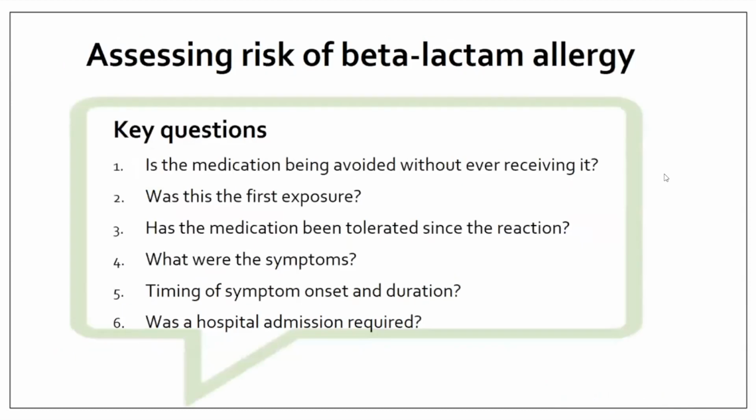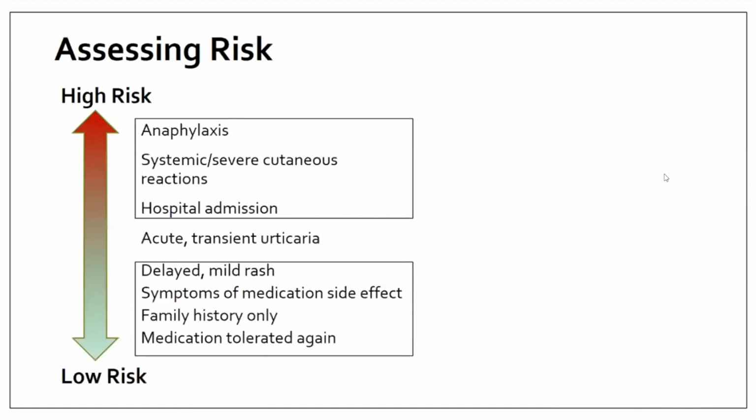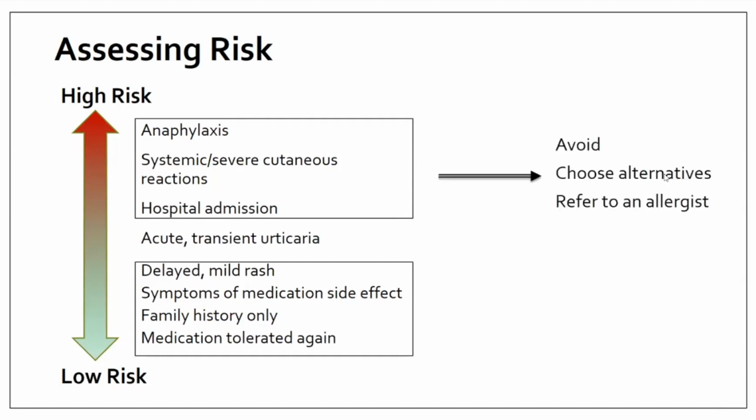Assessing the risk of beta-lactam allergy is really quite simple. There are only a few key questions you need to ask. And once you have the answers, you can stratify risk. So high-risk patients are the ones where it sounds like they've had anaphylaxis, severe cutaneous reactions, or systemic symptoms and needed a hospital admission. And so these patients, you should absolutely be avoiding the medication, picking some other alternative medication, and referring to an